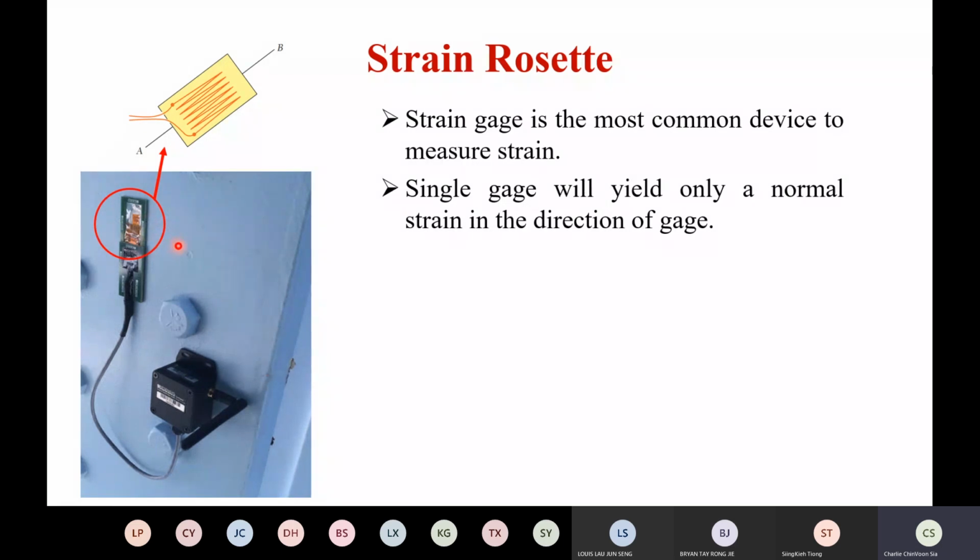If we want to test this point, what is the normal stress and the shearing stress at this point on this element? The strain gauge will be attached on this point at different angles. Maybe they will attach around 3, to get the data so that they can calculate the strain